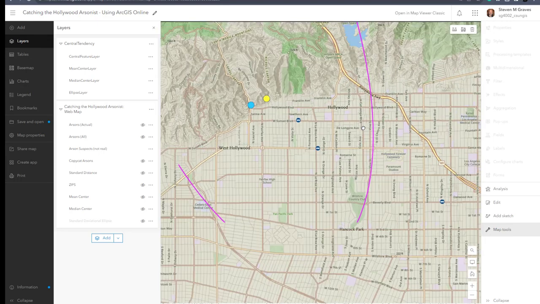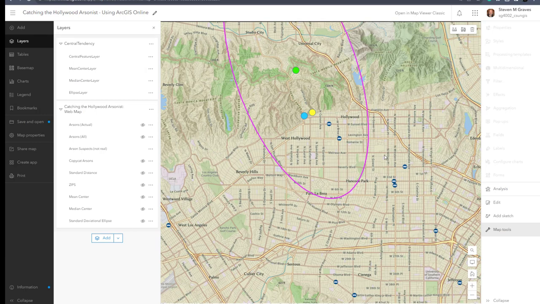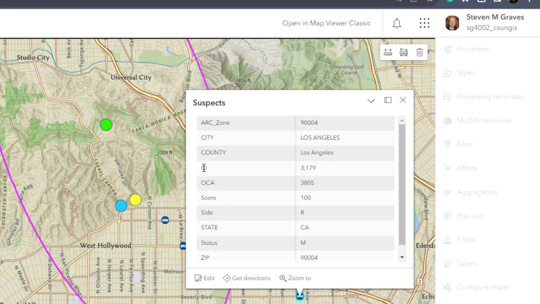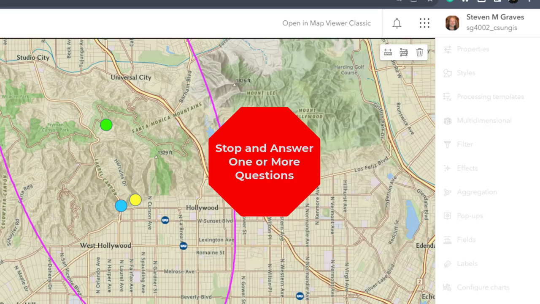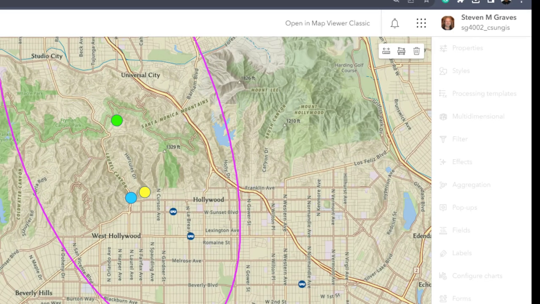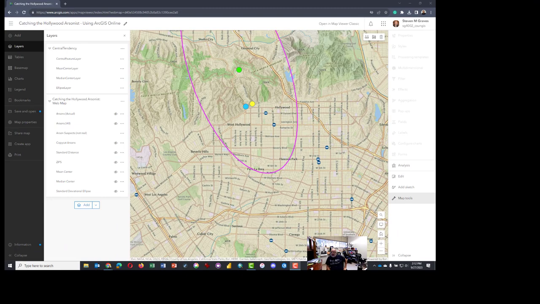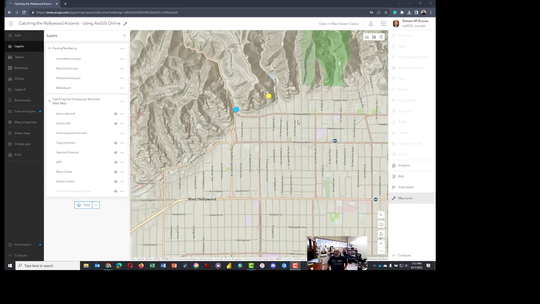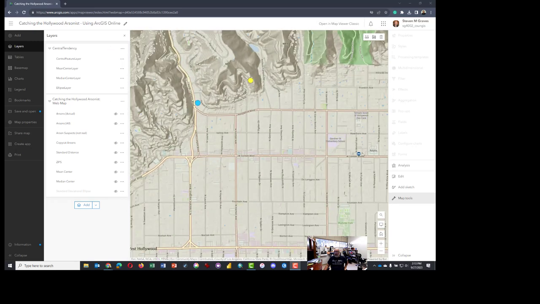The last question asks you to pick the nearest suspect, and I'm going to pick one that's further away. Click on that suspect, the point, and report the ID number of the suspect. This is a further one away, so definitely the answer is not 3179. As it turns out, the suspect that lived closest to the median center was the actual, or very near the address of the actual Hollywood arsonist, who was